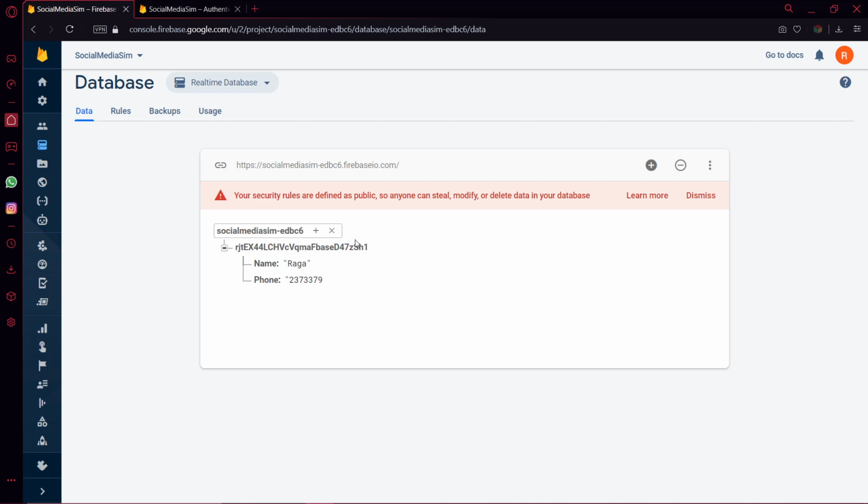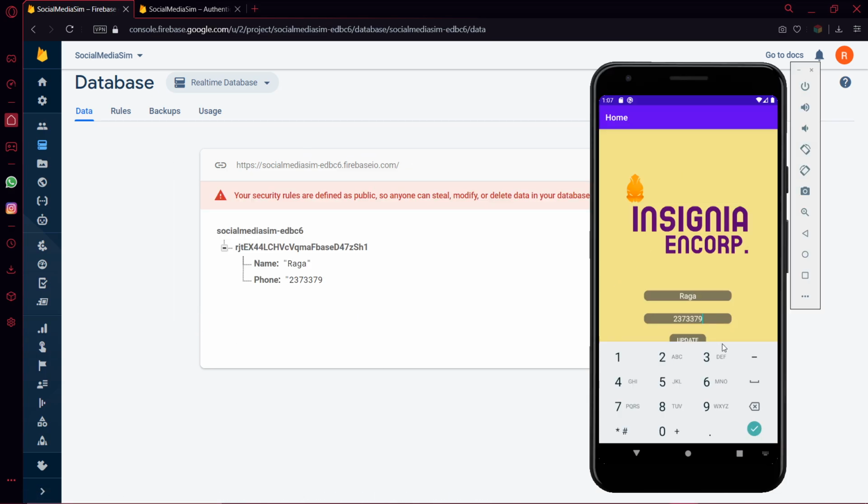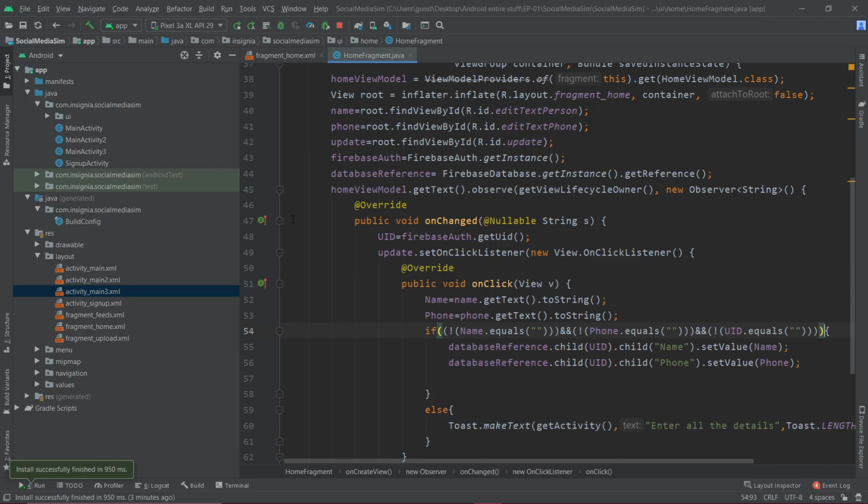It will just delete it. So only if I have a child with my current UID, it means that I have data over there. If there is no child at my root value with my UID, it means that I do not have any data in my database. So as soon as my page starts, I would have to check if the current database has my UID as a child or not. So in order to do that,